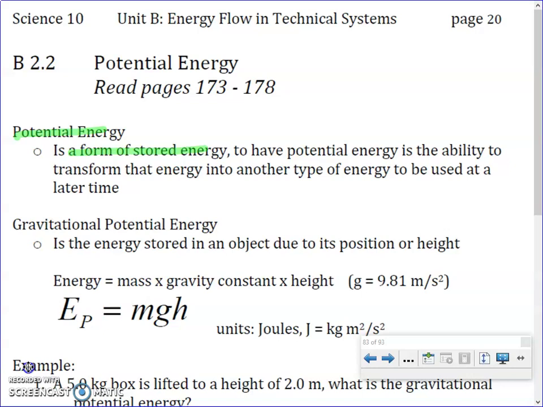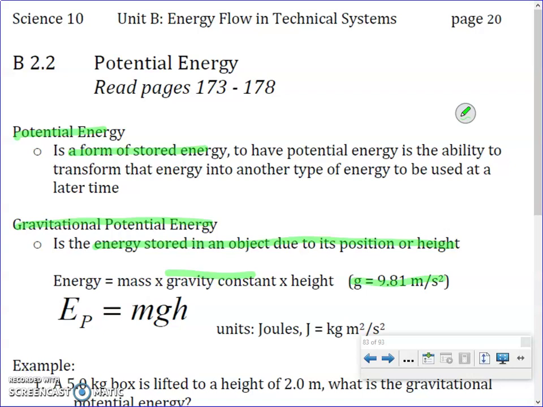How about gravitational potential energy? That's one of the ones we study here. We also study elastic potential energy, but we do calculations on gravitational potential energy. That's the energy stored in an object due to its position or its height above some reference point. Now, energy is the mass times gravity constant times the height, where that constant is